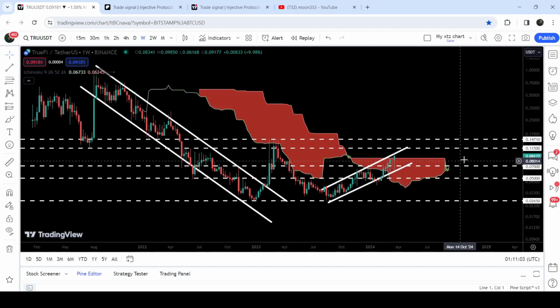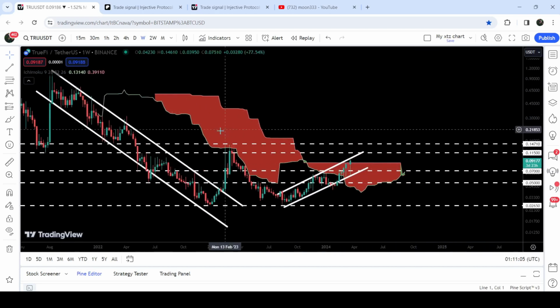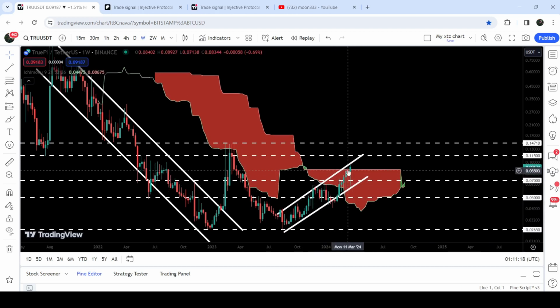Now, if we take a look at this Ichimoku bearish cloud resistance, you can see for the past several months, it has been working as a very strong resistance. We got stable rejections here, a few more rejections here, and now the price line has crossed up the lower bands of the Ichimoku bearish cloud, and now it is crossing up the upper bands, and I'm expecting that soon we may have a closing above the resistance of this Ichimoku bearish cloud on this weekly time frame,